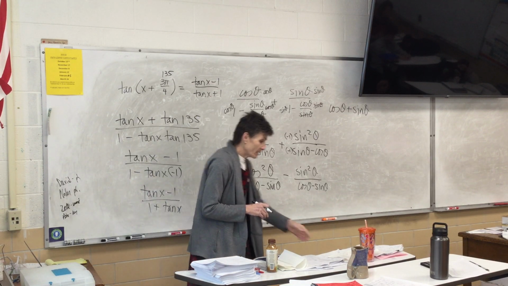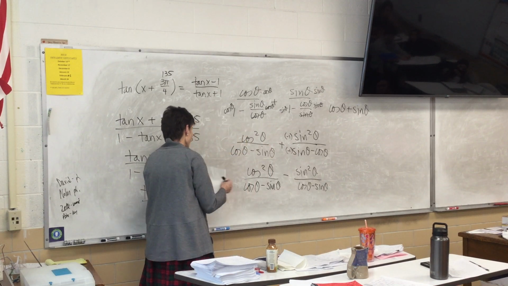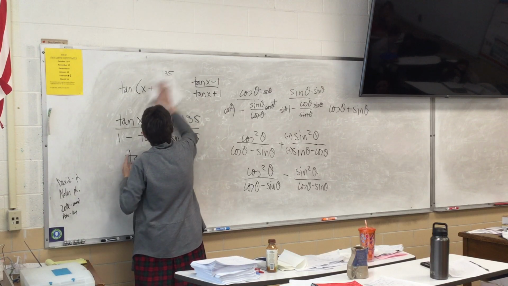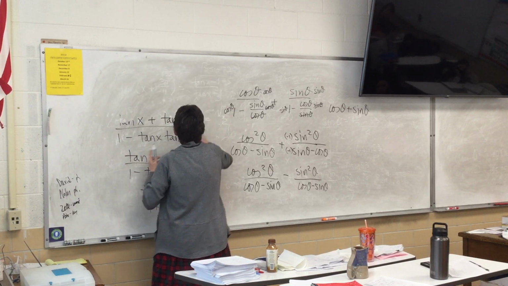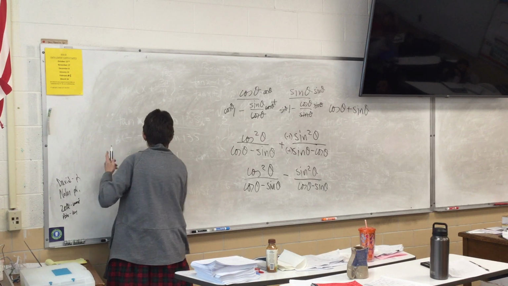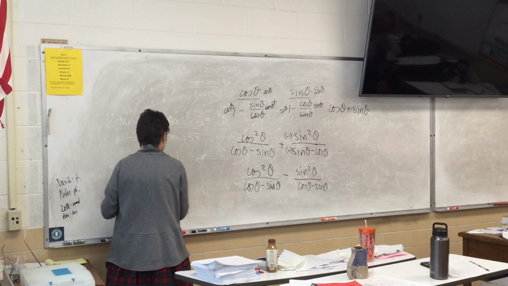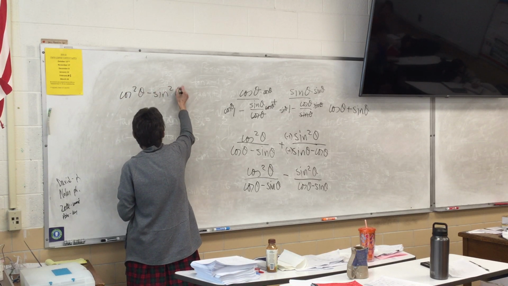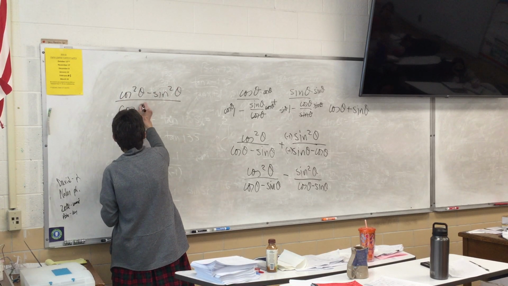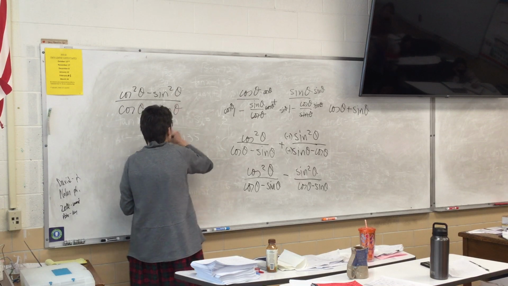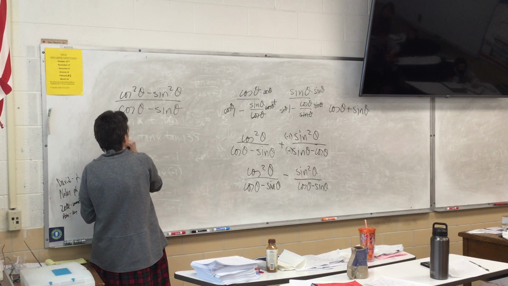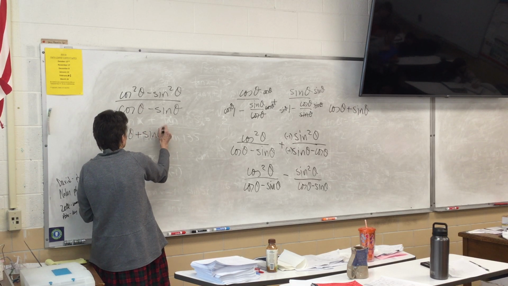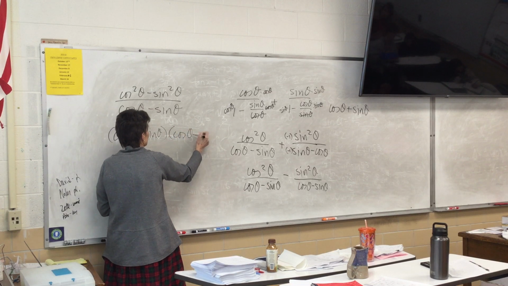So now I'm not quite as excited because this is not 1, but what is kind of cool about it is my numerator, cosine squared minus sine squared. And what about that? It is the difference of squares. And what do I do with the difference of squares? Yep, so it's cosine plus sine and cosine minus sine